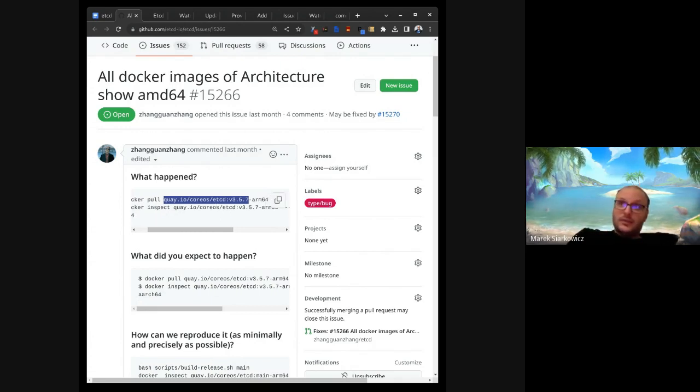This is the main image that we recommend to consumers. But because etcd publishes, we need to push all images that are part of the FAT image into the registry, and etcd doesn't have any